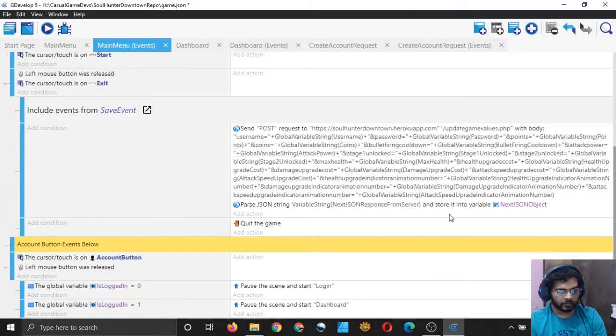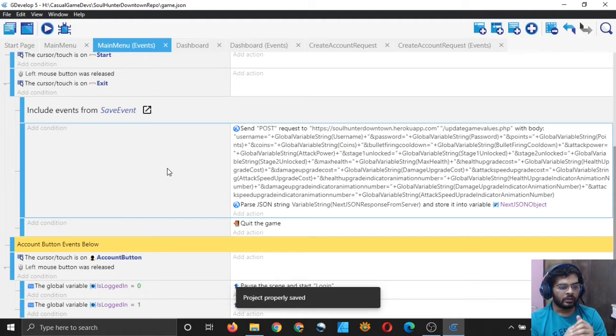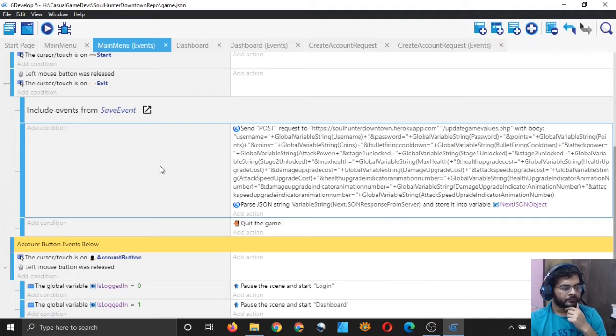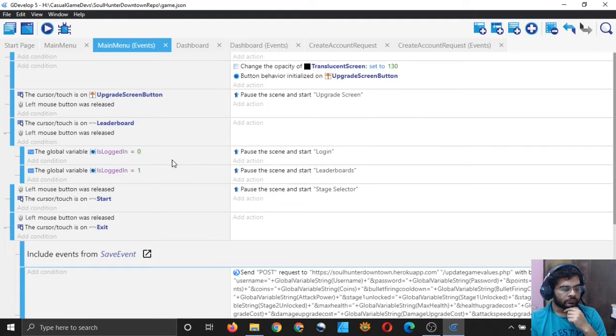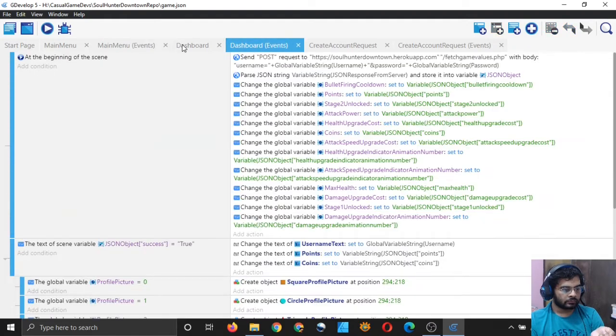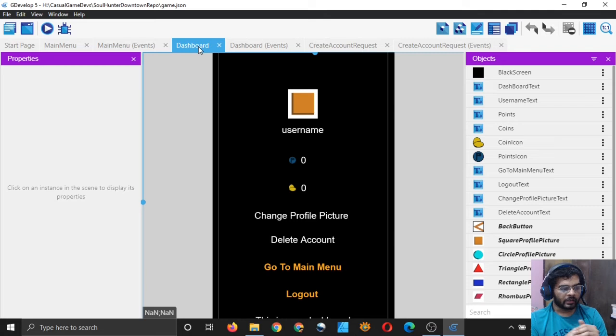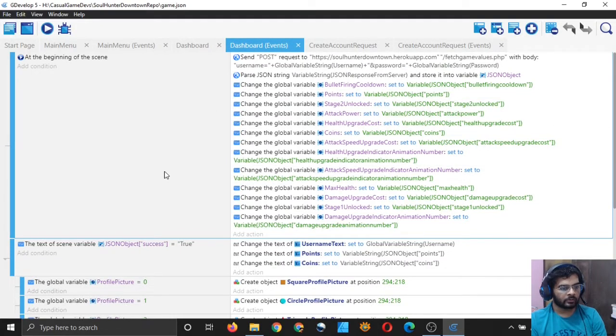I will just do this, and if the server is not working or the net is not connected, then this will simply not work and it will skip to the final statement. And when I load the game, there is a problem: I don't want to load the game when I open my dashboard, right?